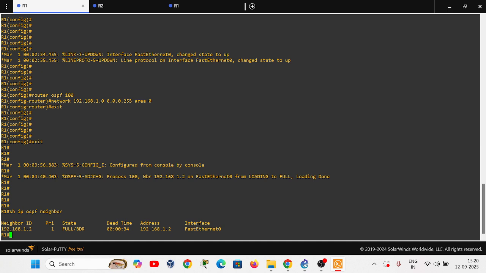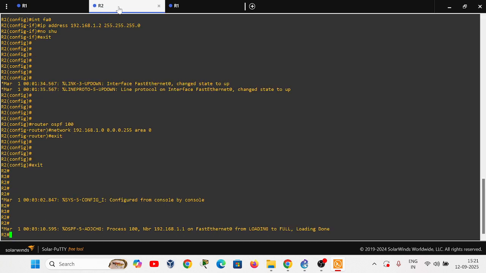See, my neighbor of R1 is R2, 1.2. This is the BDR. So we know what DR and BDR are. DR is the one with the highest priority, elected based on the OSPF states. If you learn about the states, you definitely know the difference between DR and BDR.